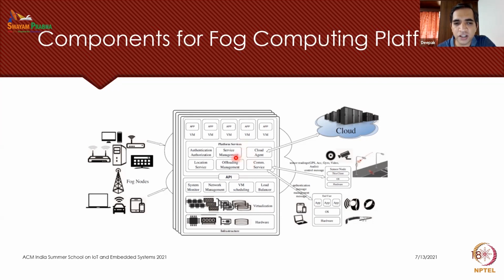There may be different kinds of such services, maybe listing the set of restaurants in a place. So if a person carrying a mobile device wants that kind of service, it can request that service from a fog node. And the fog node, if it has that service in the platform, then it provides the required information back to the mobile device.